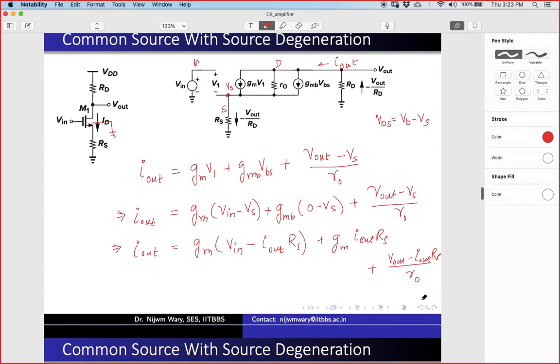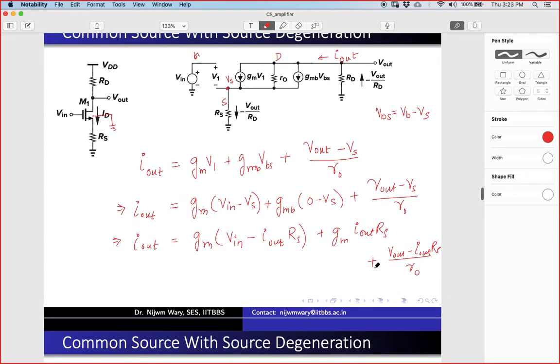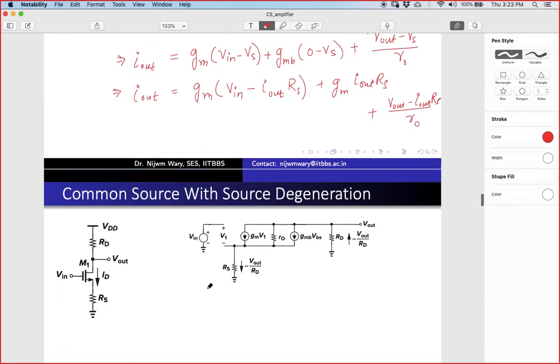So now if I rearrange it, if I multiply this one by RO here, here,